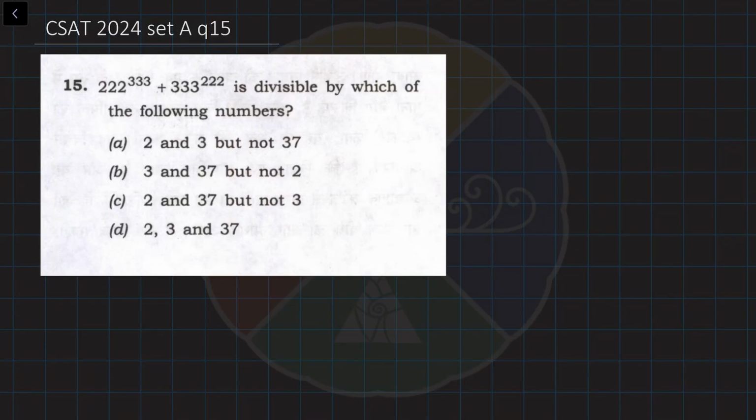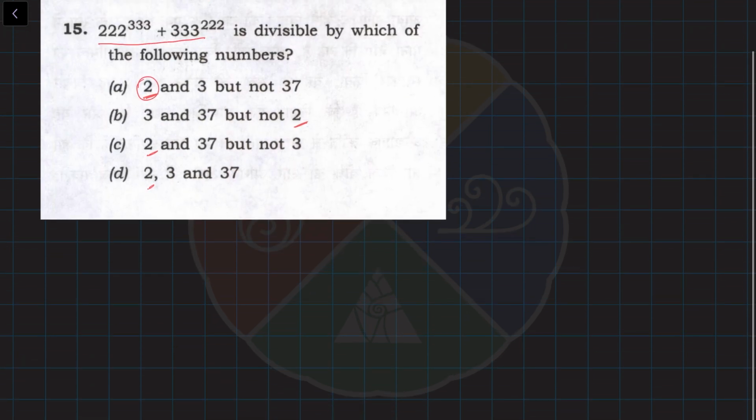Namaskaram. This question is again from CSAT 2024, and this is actually a very easy problem. The actual question is a very good quality high level problem, but this problem becomes easy because of the options. Because if you look carefully, there is a divisibility check by numbers like 2 and 3. These are very small numbers, and especially when you're talking about 2, all you have to see if a number is divisible by 2 or not is by checking if the number is even or not.